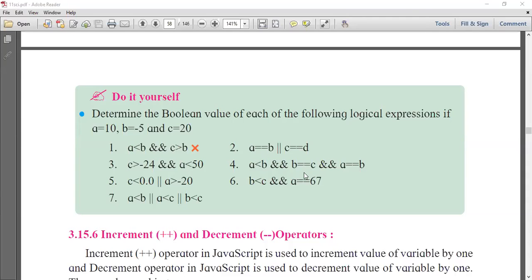Now tell me the answer of this second expression: A double equal to B or C double equal to D. What will be the answer, true or false? JCI is saying false.